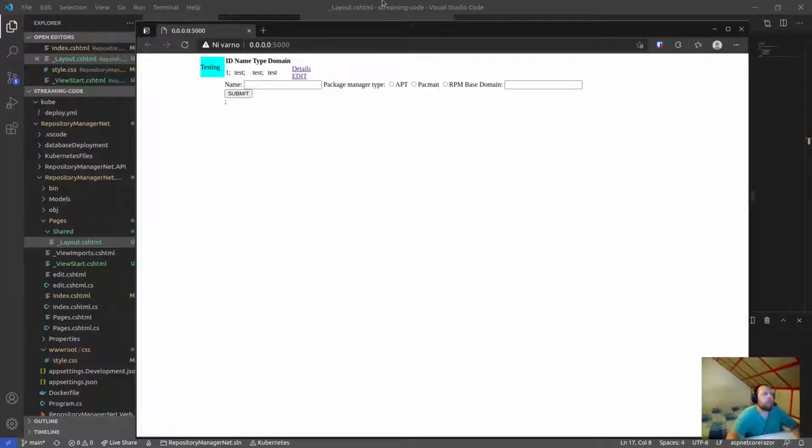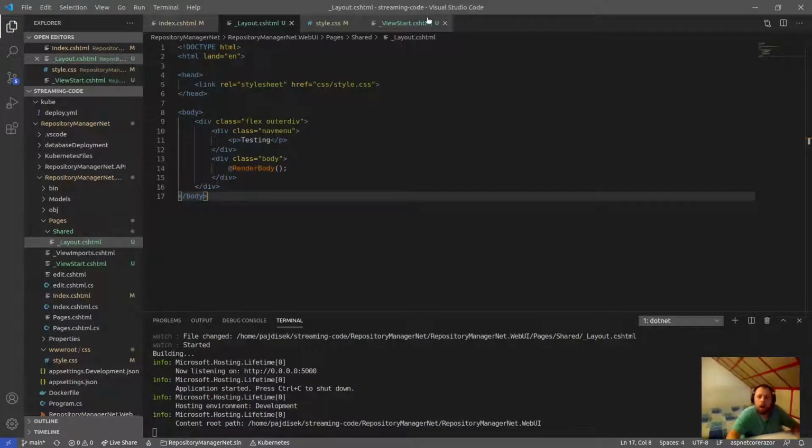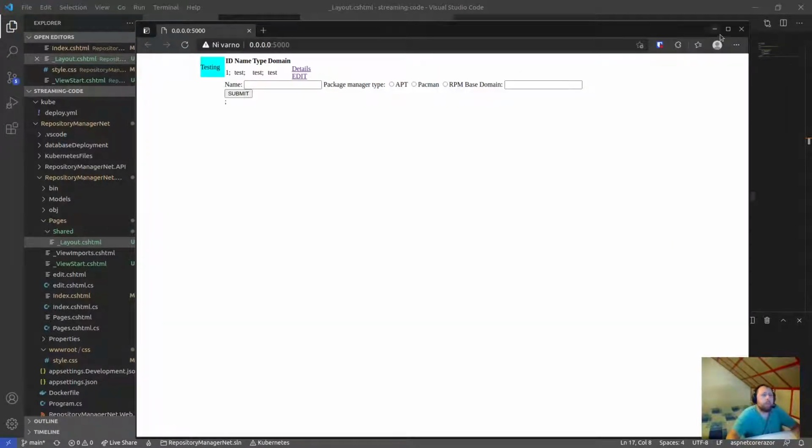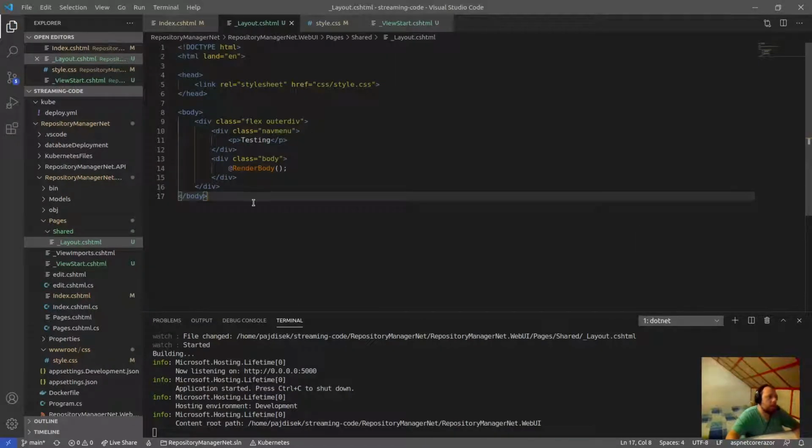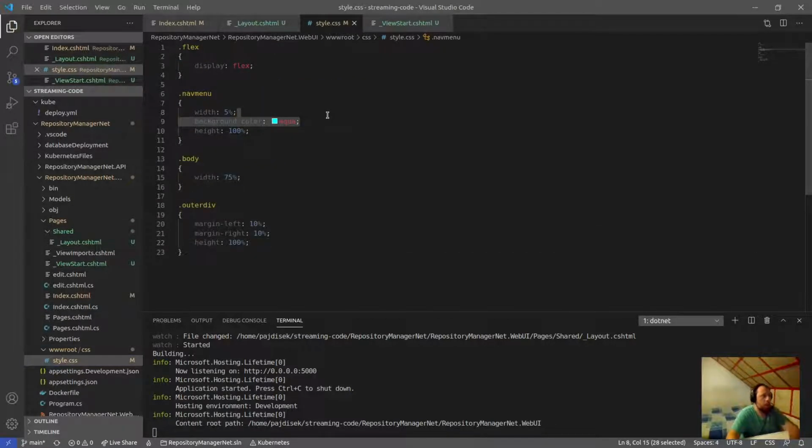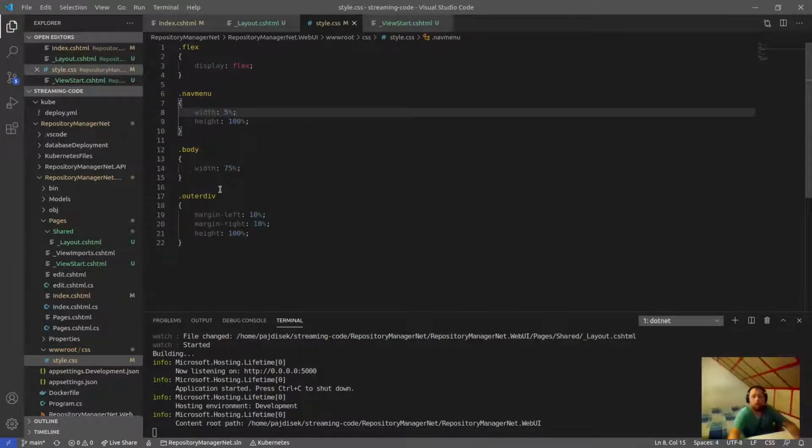Nope, no dice. Okay, actually, we'll have to figure this out better. But let's continue. So we're gonna remove aquamarine or aqua because I don't like it. Now, what we wanna do is when we have different